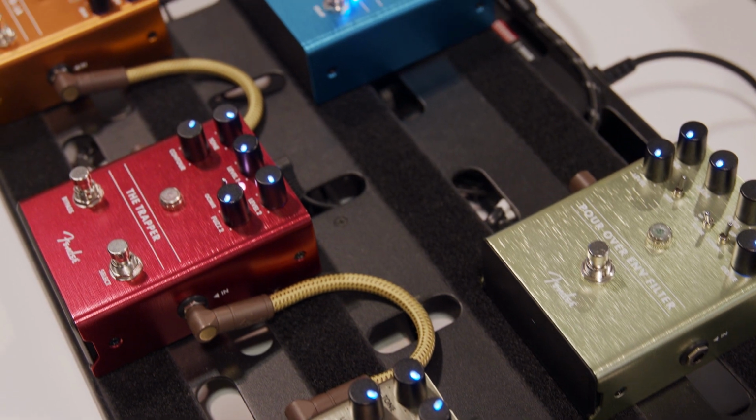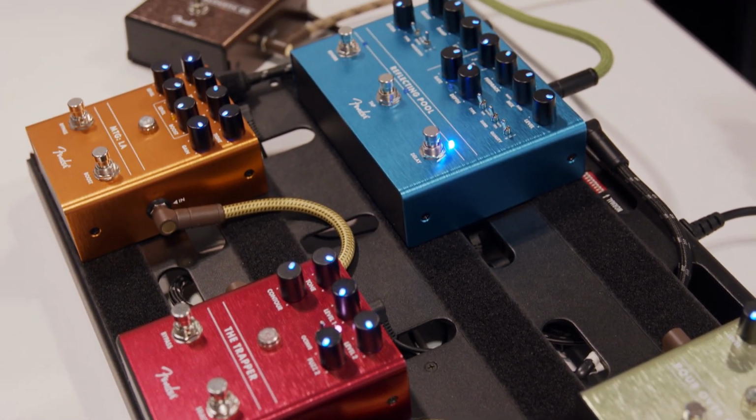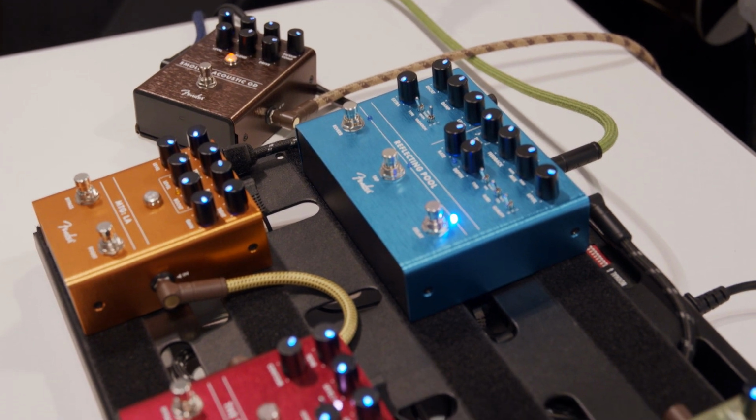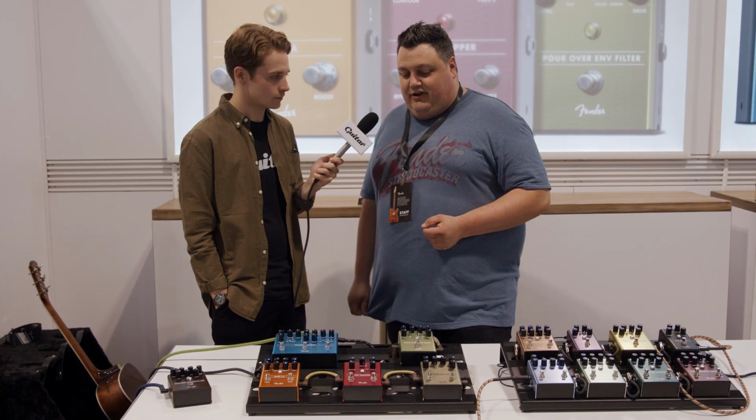Yeah, of course. So we launched these new lines of pedals last year at the Winter NAMM show. So this is just the next iteration of the pedal line. Now we have 22 pedals in the line, so we're really excited to have these things out here ready to